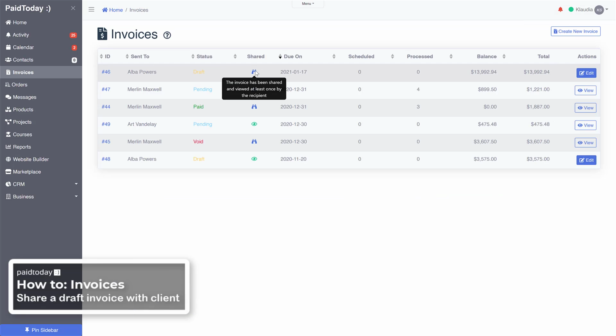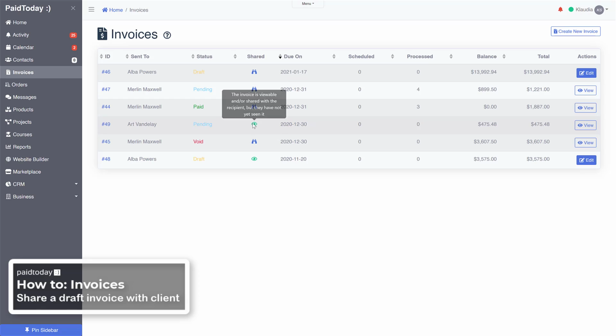46 has been shared, and it looks like the recipient has viewed it at least once, or you can see the eyeball here, which means it has been shared with them and is visible by them in their client portal. So any of your clients that you send a draft to, if they log in through the client portal, they can go ahead and view the draft invoice